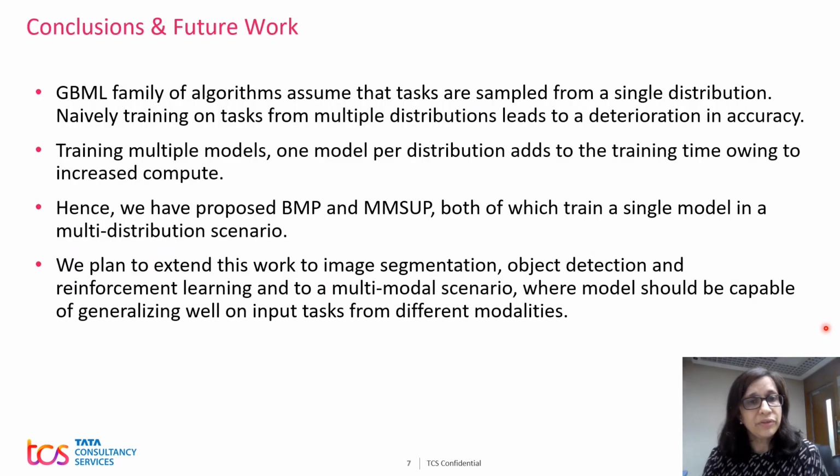So in conclusion, we have seen that the GBML family of algorithms assumes that tasks are sampled from a single distribution. So if you naively train on tasks from multiple distributions, their performance degrades. You could train multiple models, one per distribution, but this adds to the training time, which is why BMP and MMSUP both train on a single model in a multi-distribution scenario and have been seen to outperform the MAML algorithm. We plan to extend this work for image segmentation, object detection, also in a multimodal scenario where the model should be